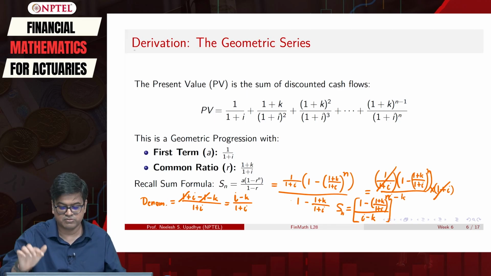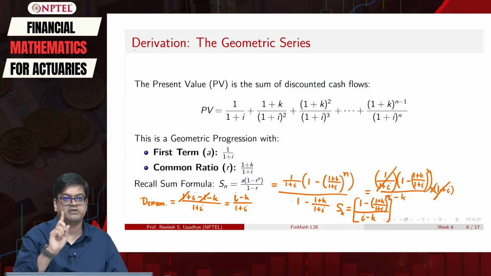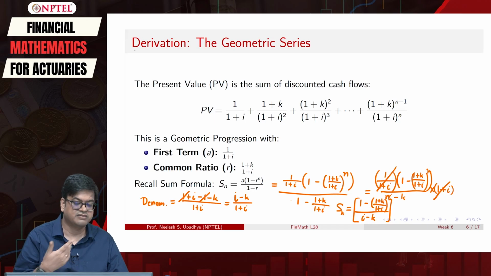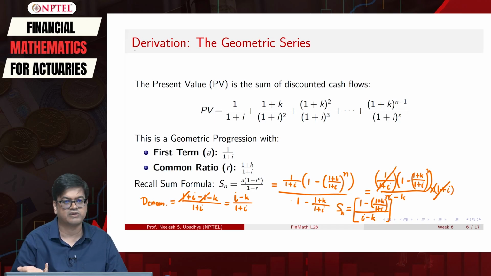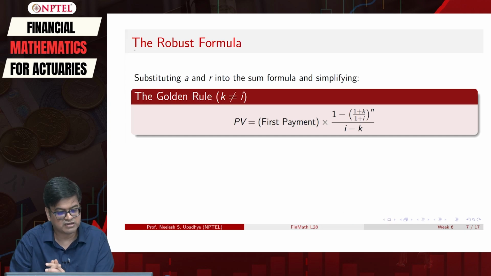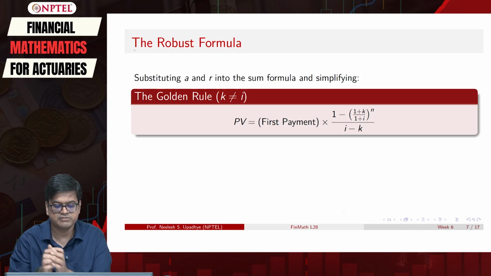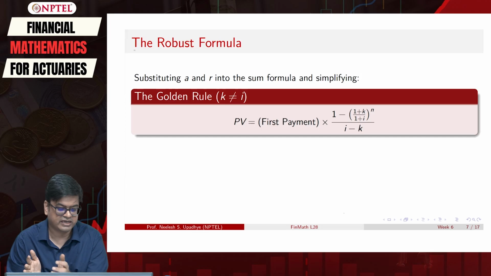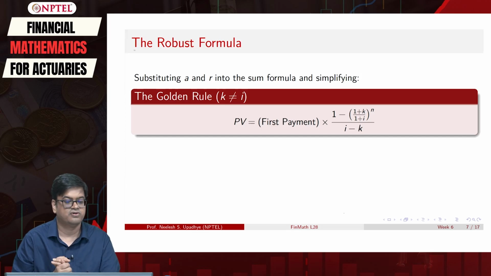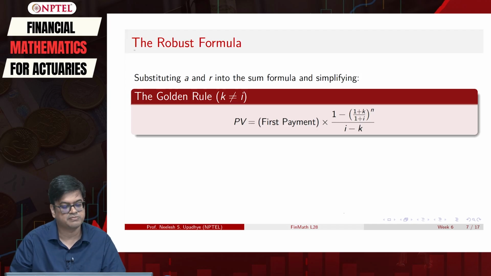So, I will use this formula and I can generalize it for a payment which is not 1. What was my first payment? The first payment was 1 here. So, I will start with a payment which is not 1. In that case I will simply put that formula into this calculator, and we design a golden rule, which is the first payment times that Sn that we derived. Sn is the present value of all the investments that I will be doing, or all the payments that I will be receiving. This is the present value.